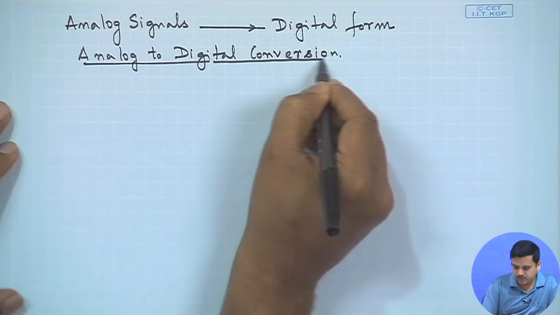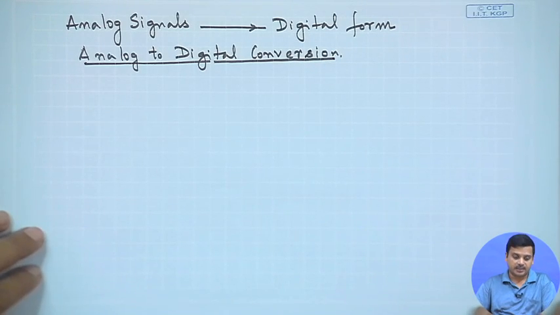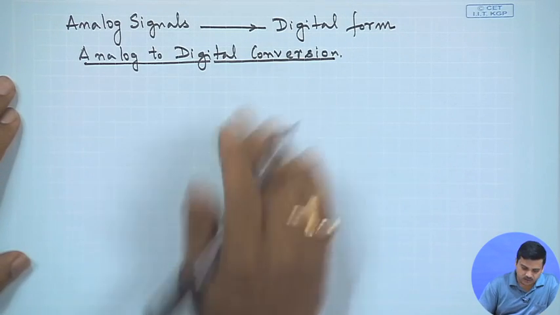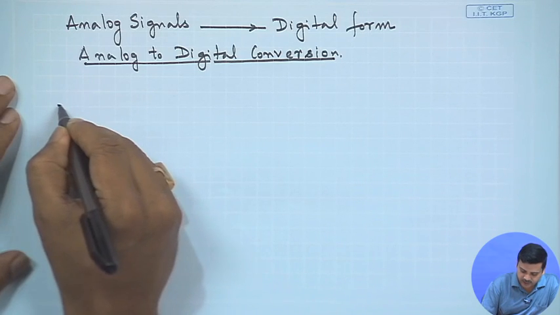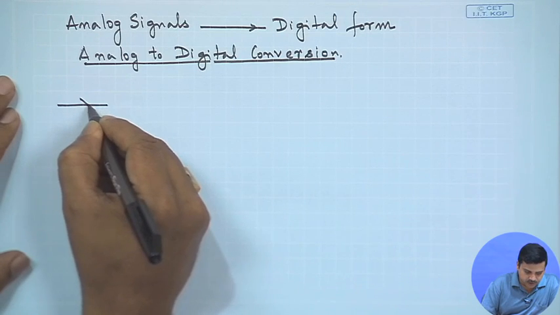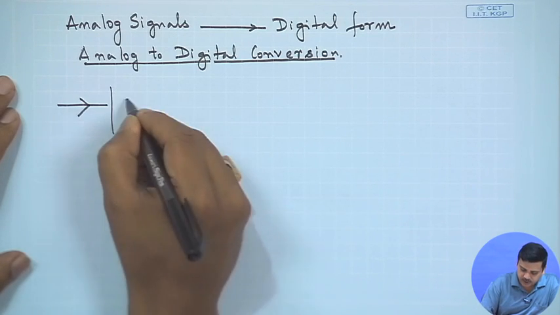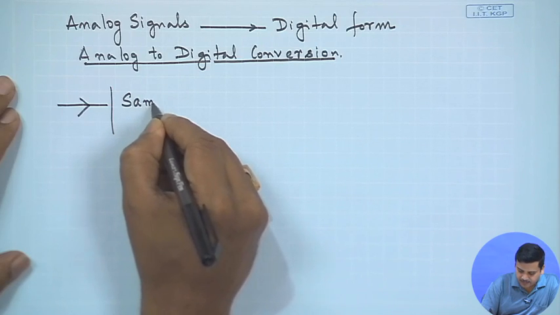That is what we are going to discuss in this particular lecture. We have seen a picture of this analog to digital conversion before. It has 3 steps. The first step is the sampling,